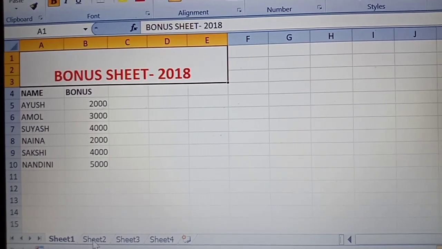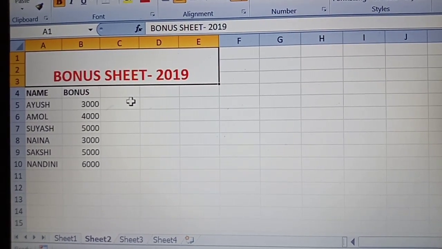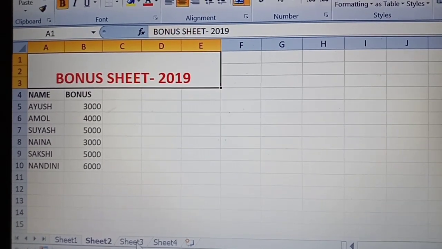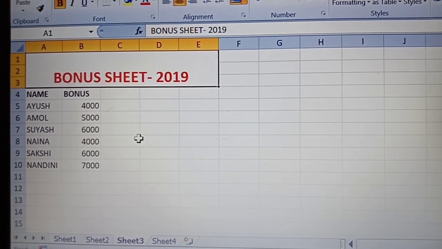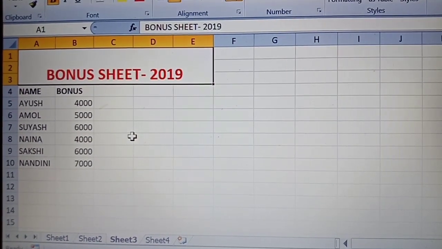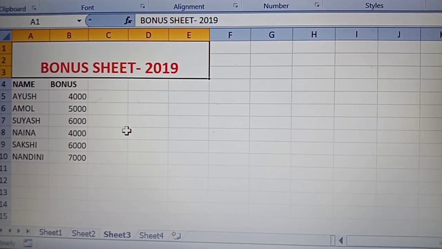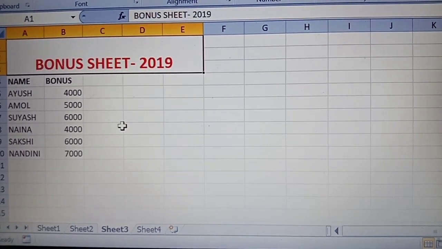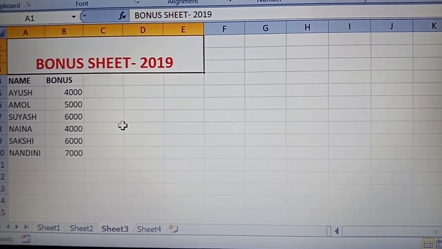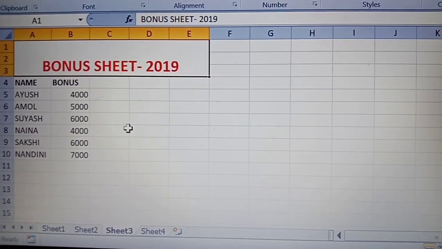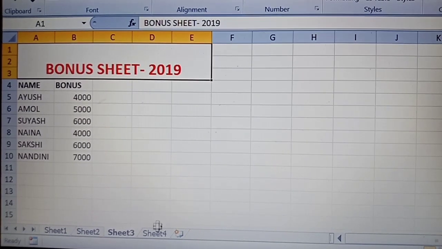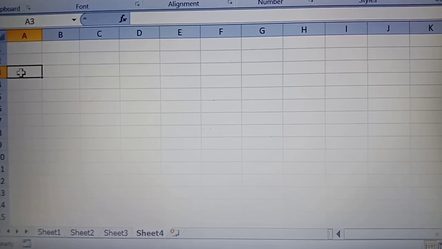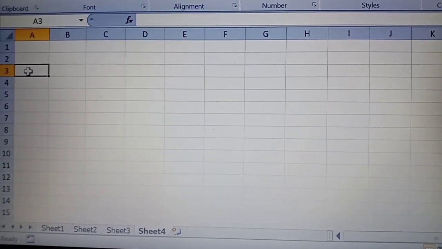In sheet 2, this is the bonus sheet of 2019. The same employees I have given the bonus. In sheet 3 is the bonus sheet of 2020, it is not 2019, it is 2020. I have given bonuses like this to my employees. Now I want to calculate the total bonus I have given over the past 3 years, and I want to summarize it in sheet 4.